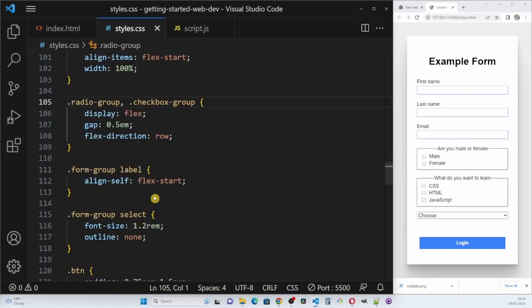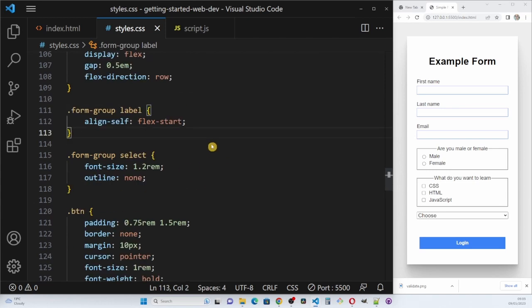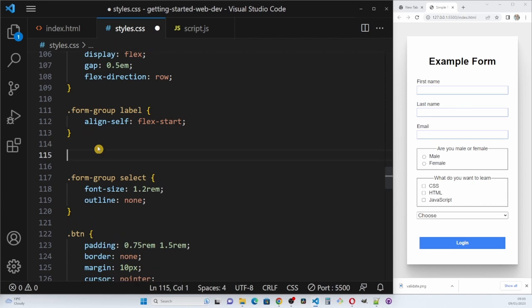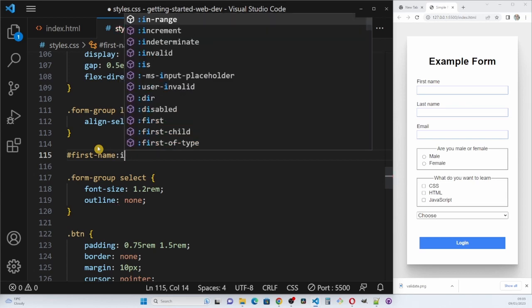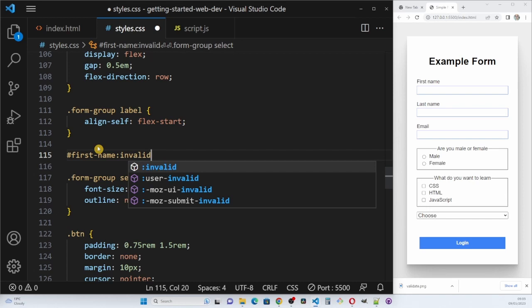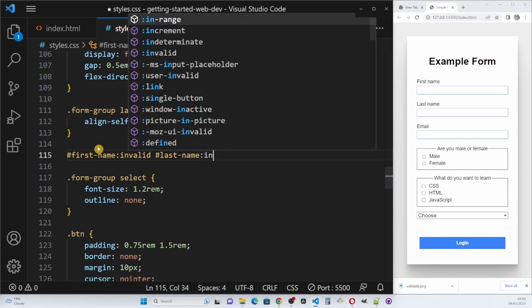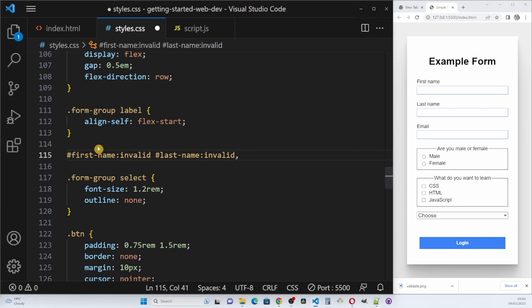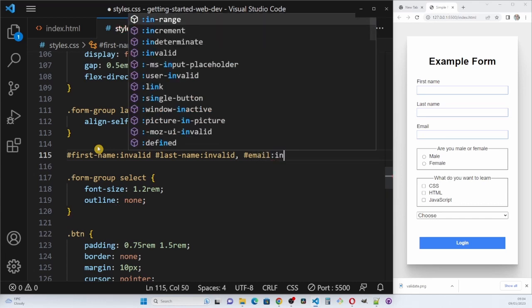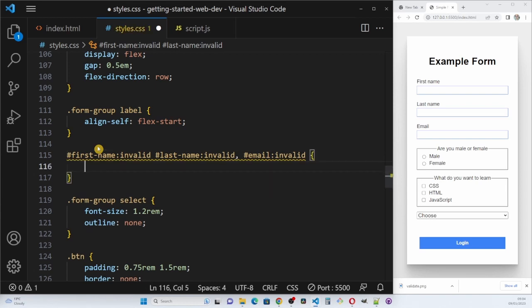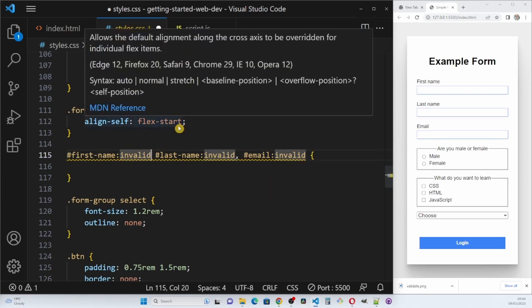In the styles.css, I'm going to set #firstname, the ID, :invalid, this is for when it's not filled out, and #lastname:invalid, #email:invalid, put a comma here,